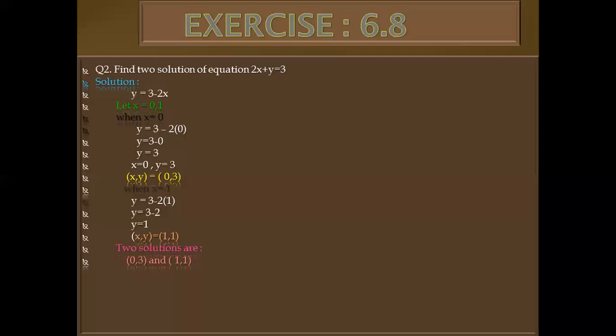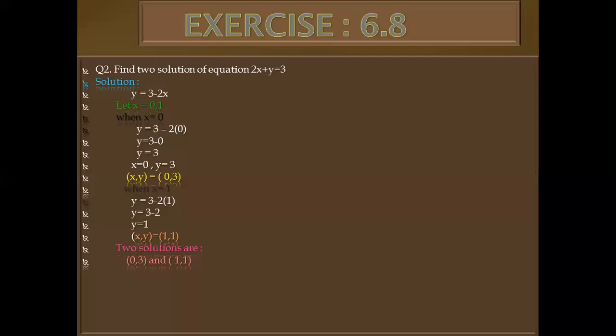If I take 0 and 1, my solution is changed. You take minus 1 and 1, your solution is changed. The other student takes 1 and 2, the equation will be changed, the solution will be changed. So in the variable, there are infinitely many solutions. So for every student, if you change the value of x, then the solution will be changed. So don't worry that both the answers are not matched with each other. Every student, if you change the value, your answer will be changed.